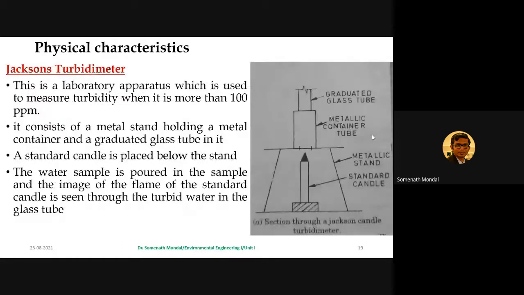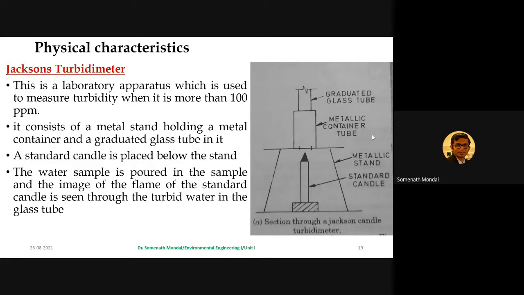Now the next is Jackson's turbidity meter. This is also another important conventional instrument through which we can find the overall turbidity of water. Jackson turbidity meter is also called Jackson's candle turbidity meter because it works with the help of a standard candle, and it consists of a calibrated glass tube which can be placed on a metallic cylindrical tube holder fixed over a metallic stand provided with the fixed standard candle at the bottom, which can be seen in